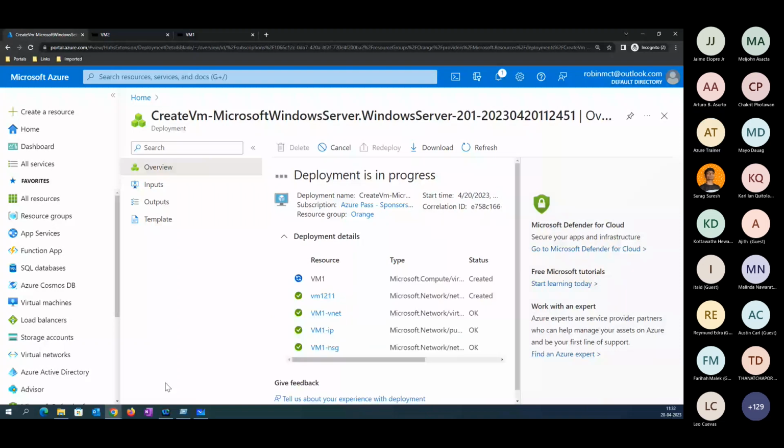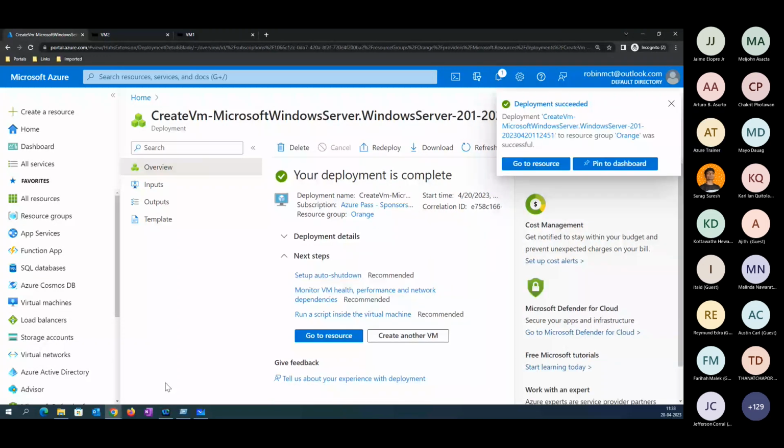Let's wait. Right now you may be able to see you have a VM created here.